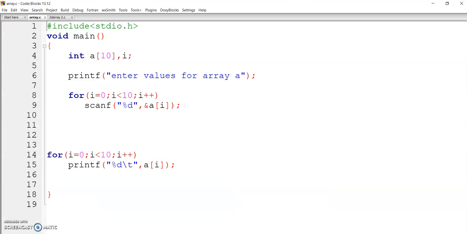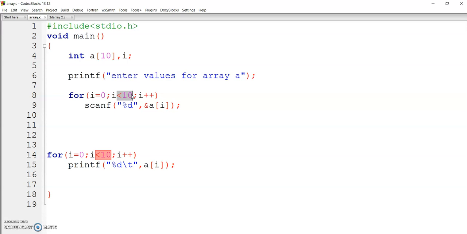Let us go to code blocks. All of you have already studied the one dimensional array where you accept the elements from the user. If you want to store elements, the first location of the one dimensional array is a of 0. You are using a for loop which will start its counter from 0 and go up to 9, that means n minus 1 index.